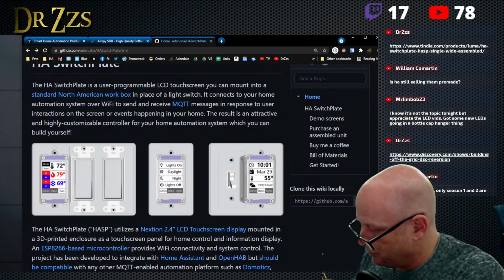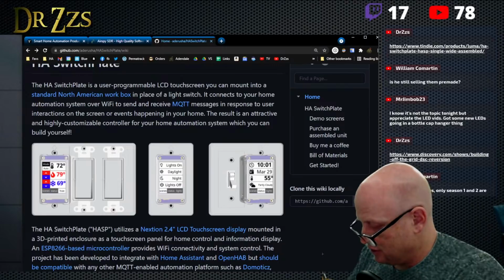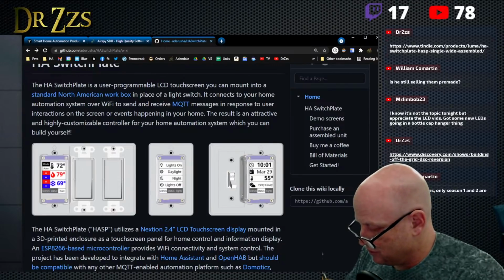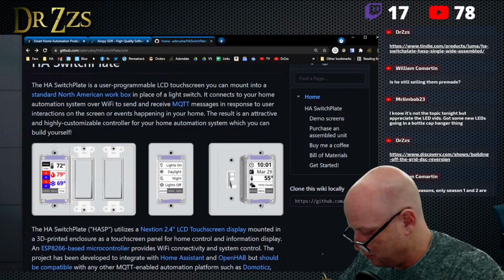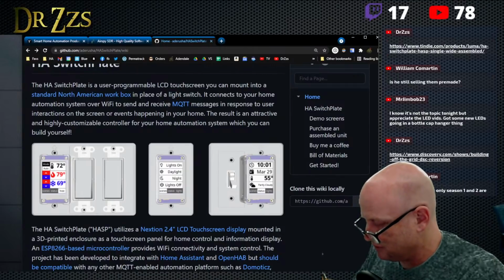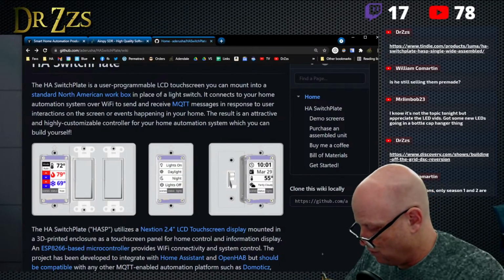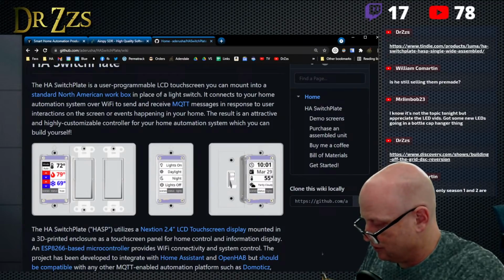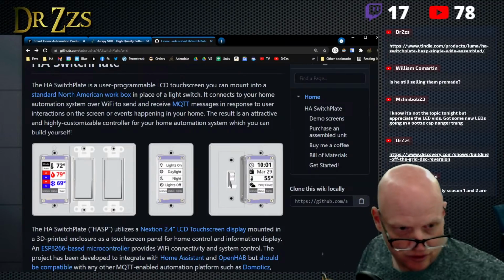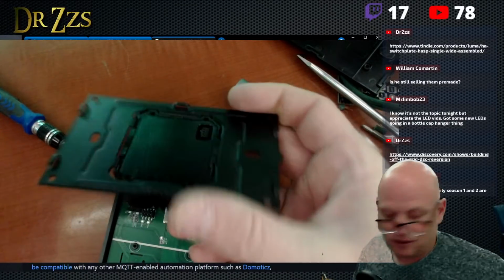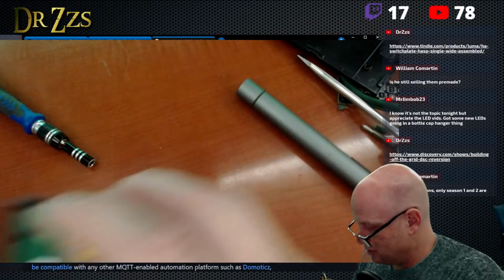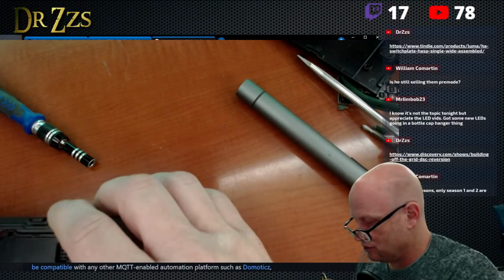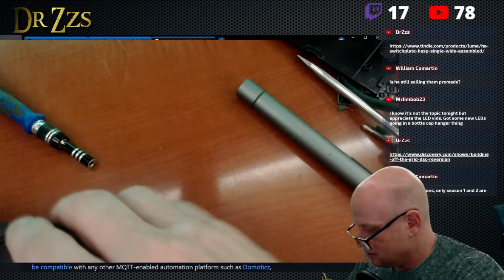But make sure that it can use camera inputs, especially Sonoff camera inputs. I mean, that just makes sense, right? You want it to be able to incorporate your Sonoff cameras. Boy, that just went back on a lot easier than it came off. So you want to make sure that it'll communicate with your Sonoff cameras.